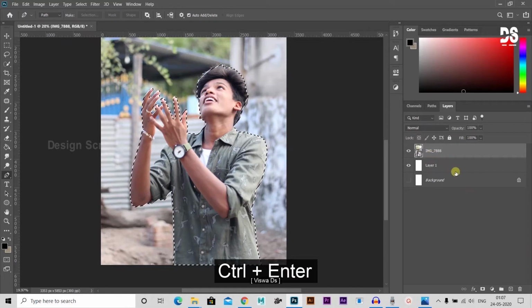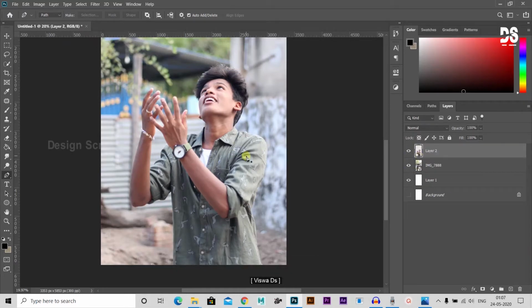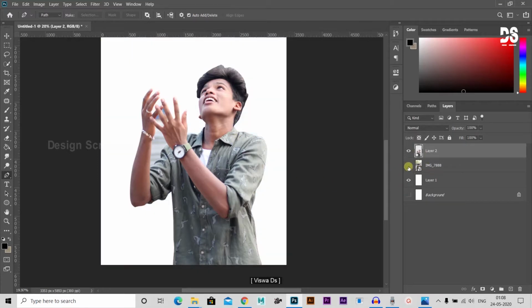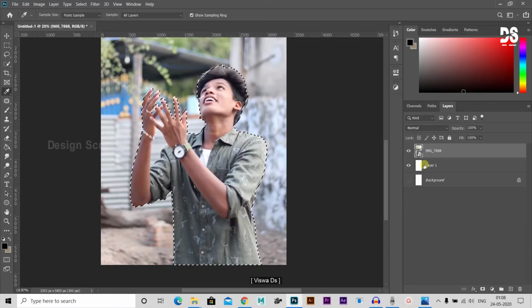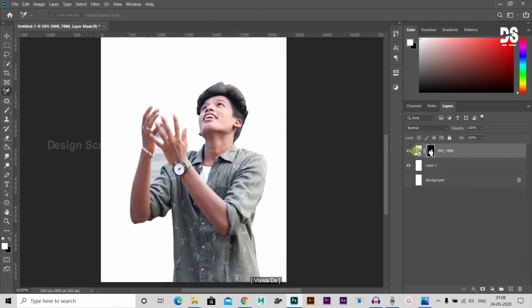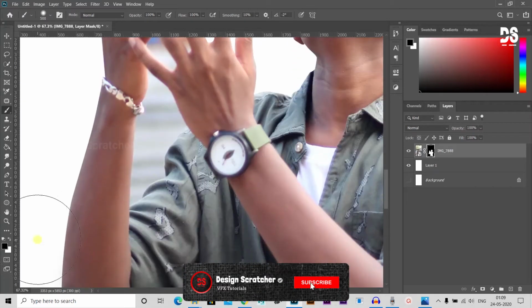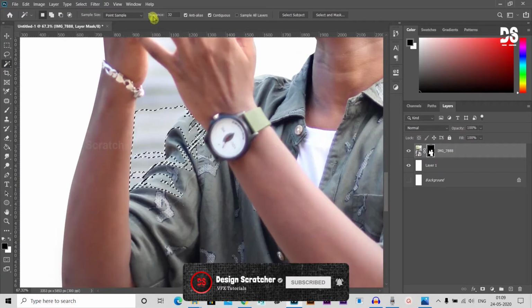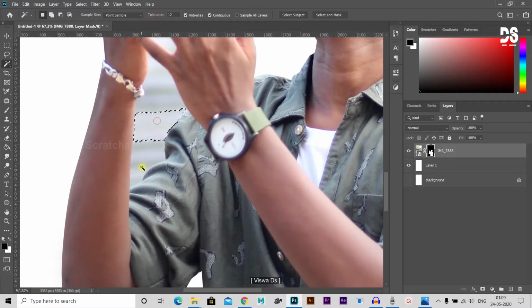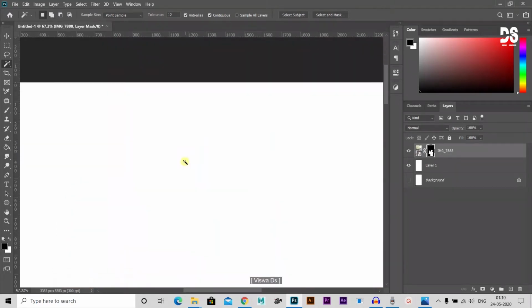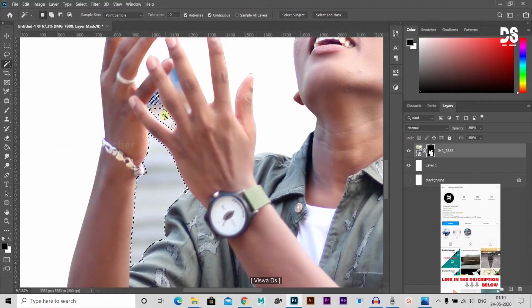Then Control Enter means select that area. Then Control J makes it a separate layer. But the problem is that reducing that amount also reduces another area, so it doesn't work. Then you go to another layer and cut it. Going for a mask is pretty nice. White means reveal, black means hide. Then with selection on that area, if the tolerance is reduced it looks nice, but after deleting, you see the edges are not nice.